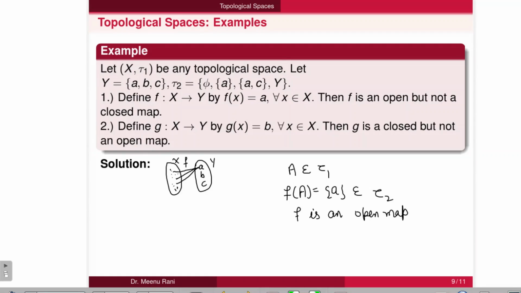For the closed map, if we take any closed set in X, then its image should also be closed in Y. Now we will check whether this F is a closed map or not. For this, we take any closed set in X, then its image should also be closed in Y. Now take any arbitrary set from tau1 complement, so it will be closed in X. Then take its image. Now F of A is equal to singleton A, because all the elements of X are